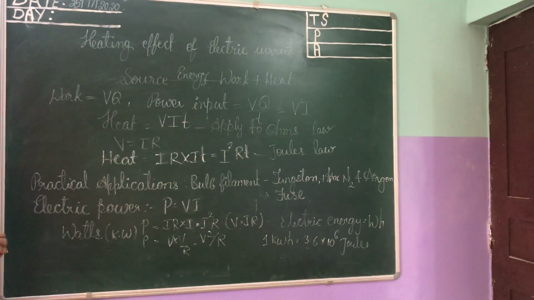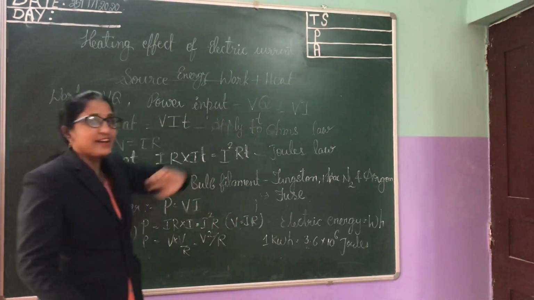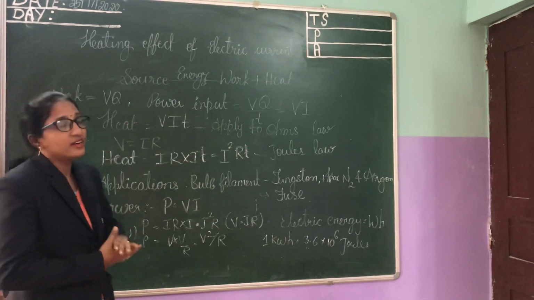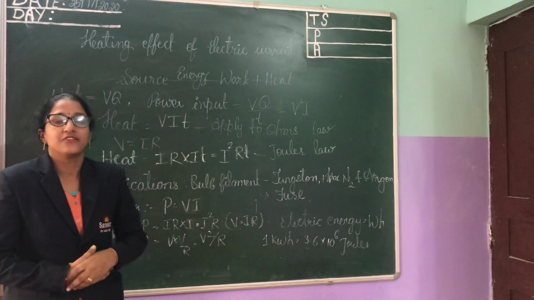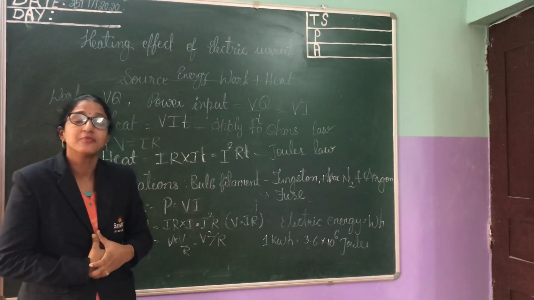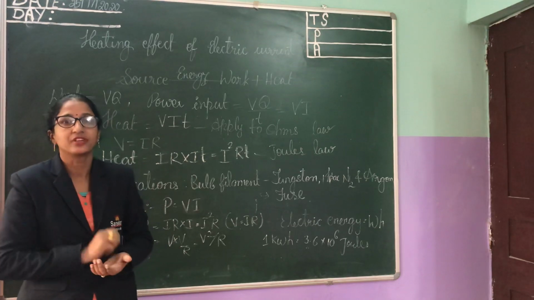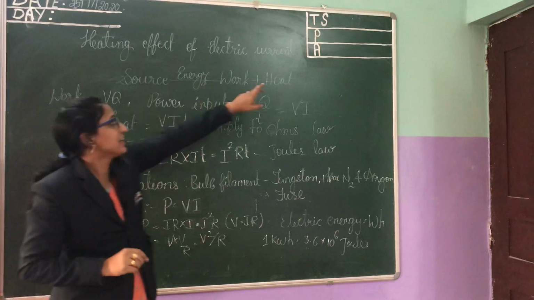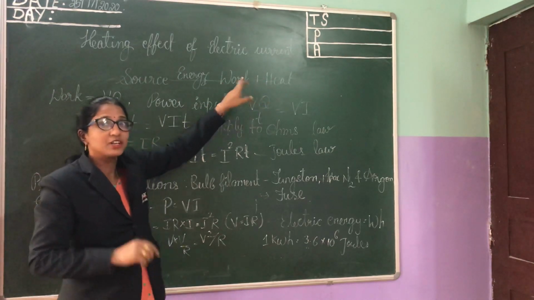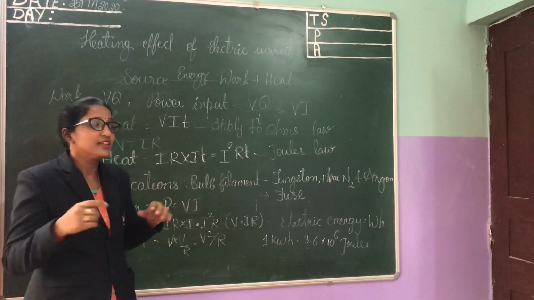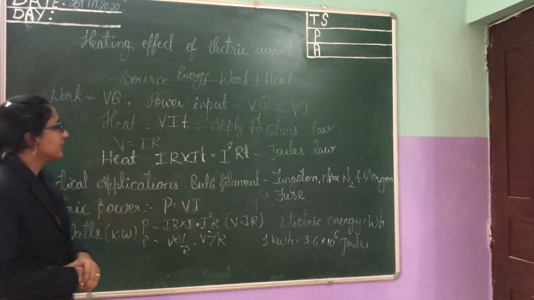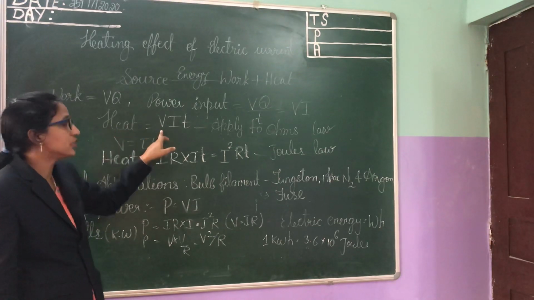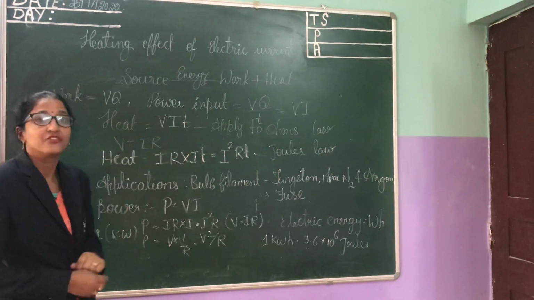And the next one, heat. The heat which is produced in an electric gadget after doing the work. If we are using a fan for a long time, it gets some heat. That is heat produced in the electric gadget, and the work means the fan blades which are running. This heat we can measure by using the equation heat is equal to VIT.